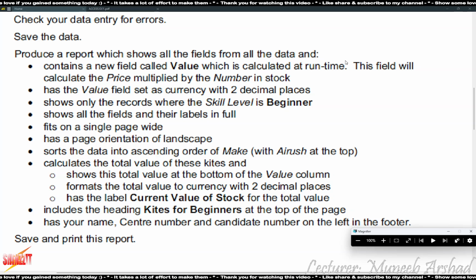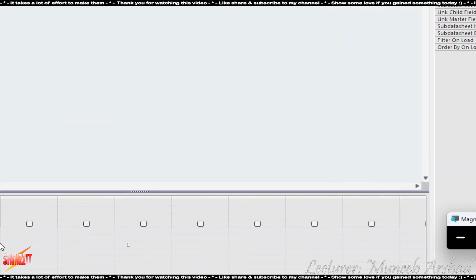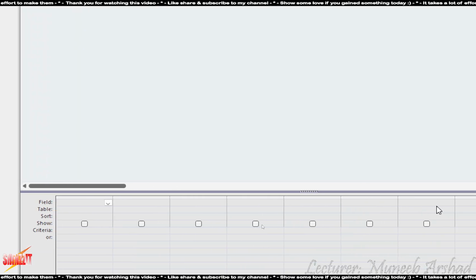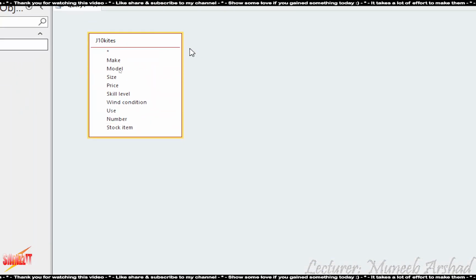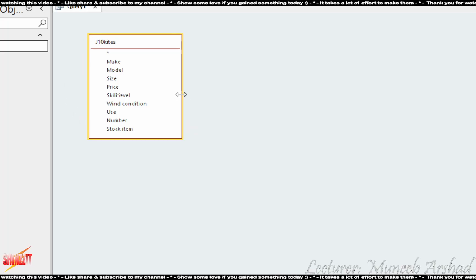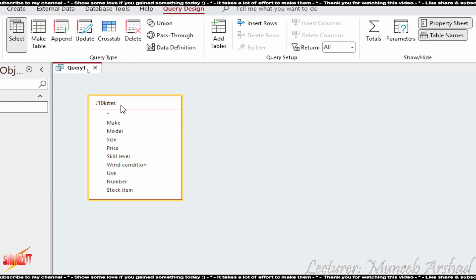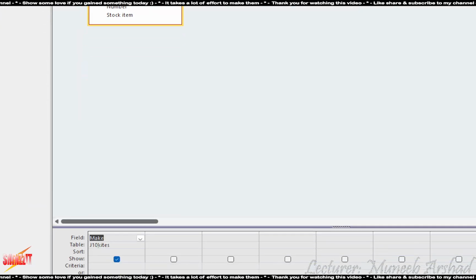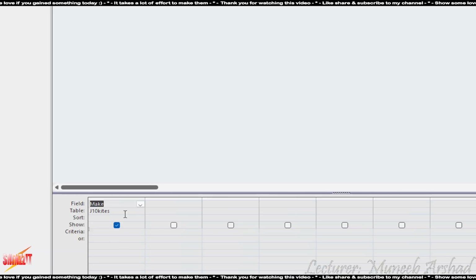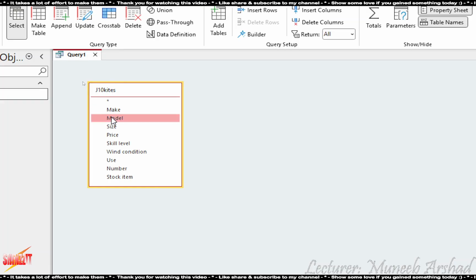So you are to show all fields in your particular report. Right now, there are no fields added to this report. This is just the table being a part of the query. Fields are not added, so you need to add them manually. How will you do it? You need to double click on a particular field so that it gets added. Okay, I will just double click on each field and then explain the options.